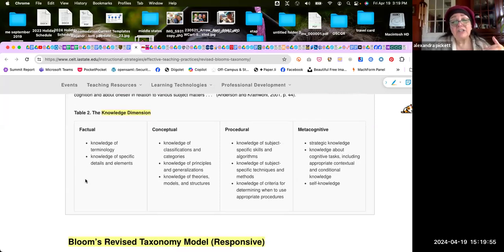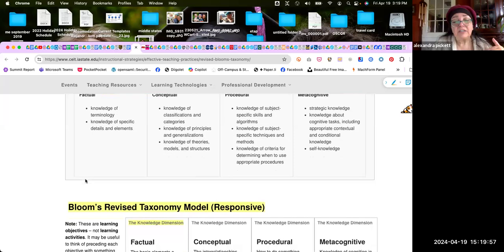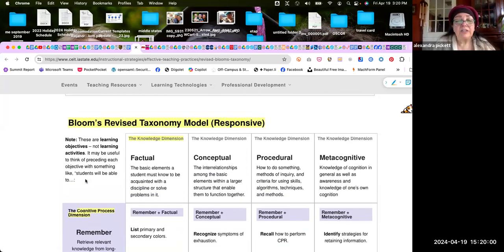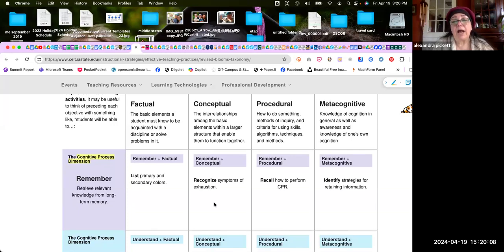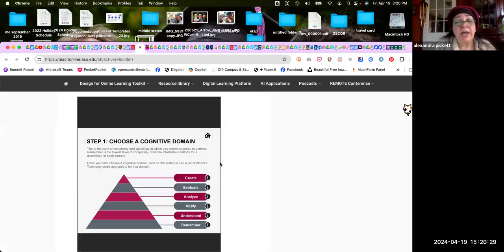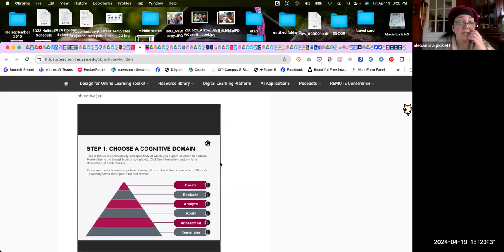So then that's in conjunction also with the knowledge dimension. And so this helps you see the knowledge dimension as well as the cognitive dimension in kind of a grid, so that you can begin to think about how you phrase and how you vary the objectives of the course to target the things that you want to make sure are targeted as a result of the learning in the course. So another handy tool that we have is this thing from ASU, which is